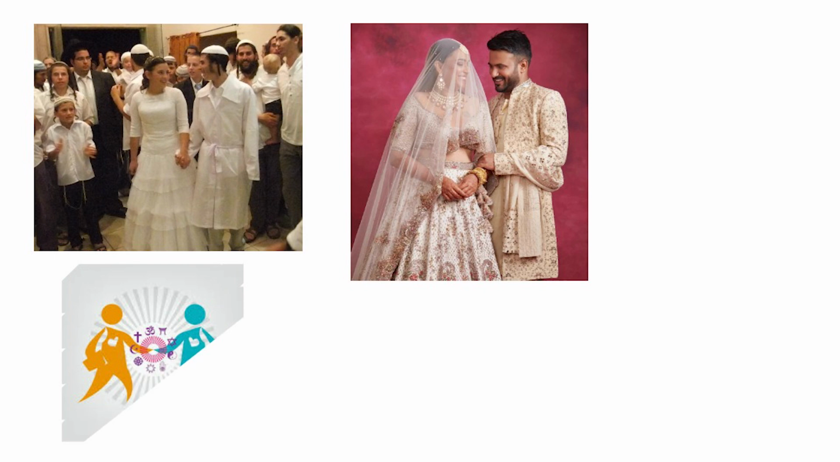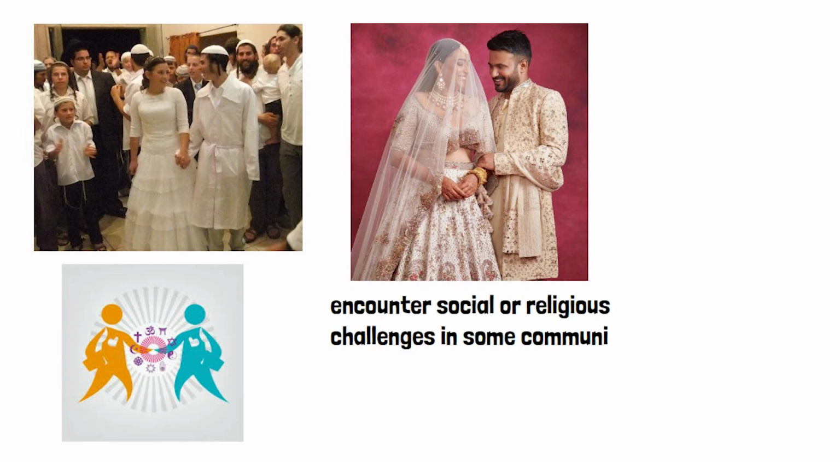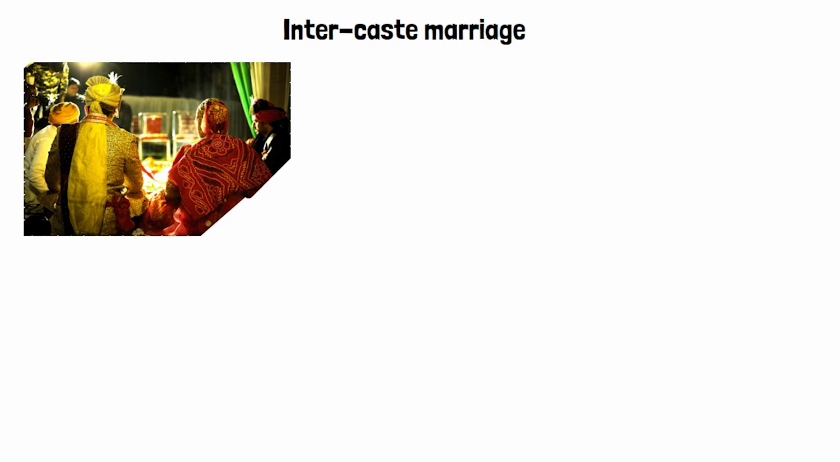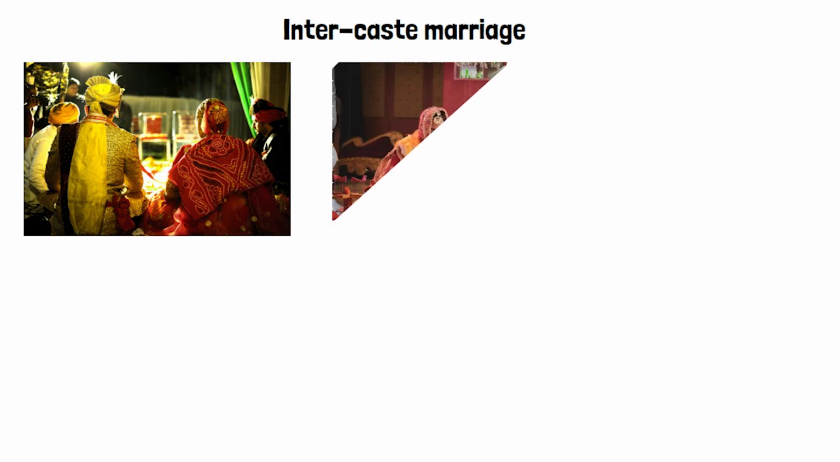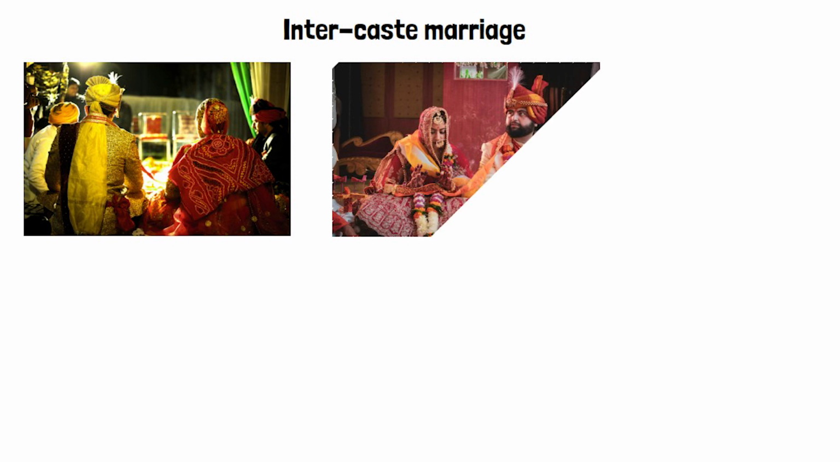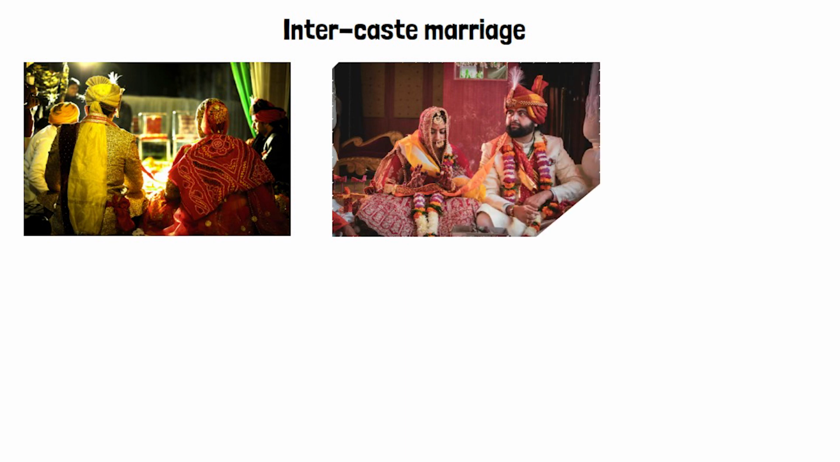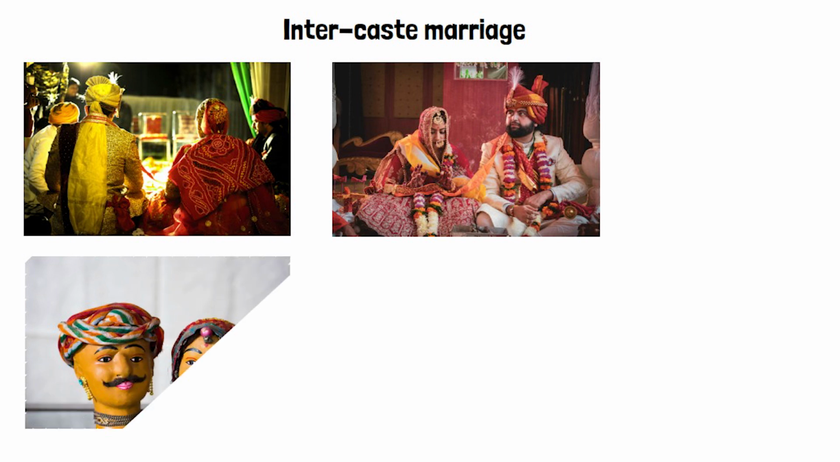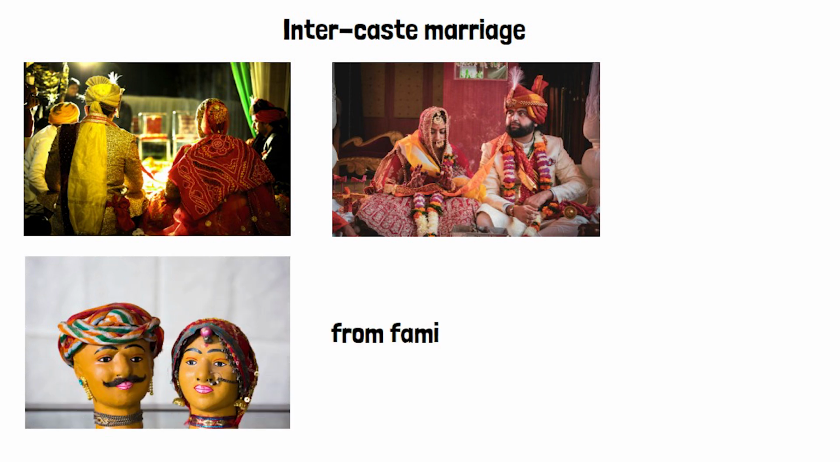While legally recognized in most countries, they may encounter social or religious challenges in some communities. Inter-caste marriage. It refers to a union between individuals belonging to different caste backgrounds within the Indian caste system. It challenges traditional social norms and expectations regarding marriage alliances, which historically have been based on caste distinctions. Inter-caste marriages symbolize a break from these norms and often face resistance or opposition from families and communities entrenched in